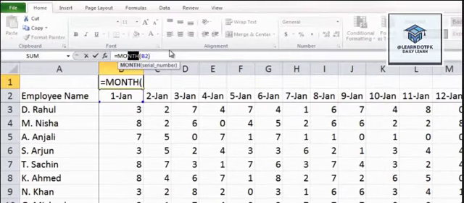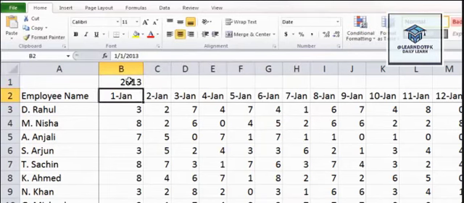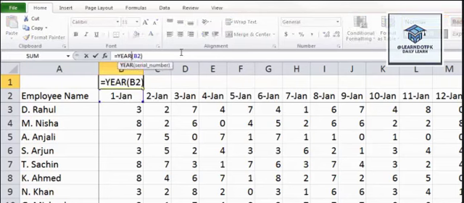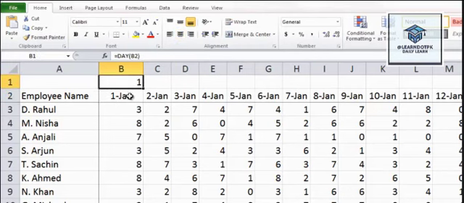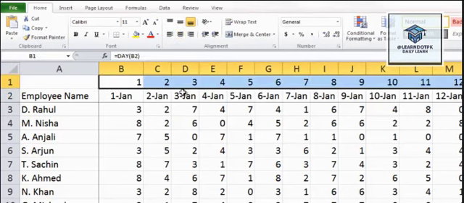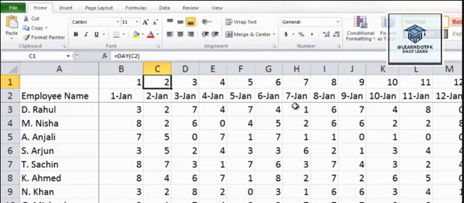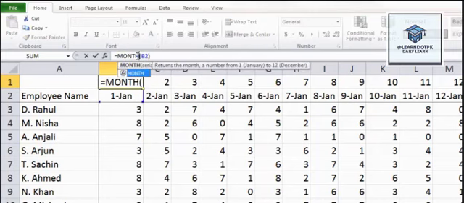Similarly, Excel can identify the year of this specific date here, and we get 2013. And we can also choose DAY, and DAY will return the day. Basically, it'll be the day part of your date. So 1, 2, 3, 4, 5. So you can take this date and separate out the day, month, and the year using 3 separate functions. DAY gives you the date, and the MONTH function will give you the month, and the YEAR function will give you the